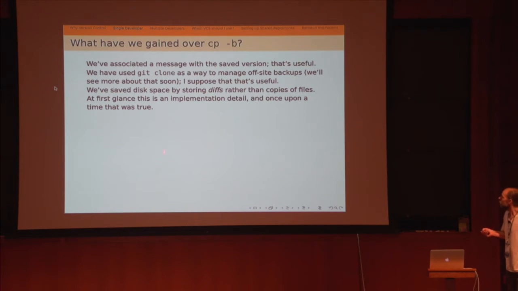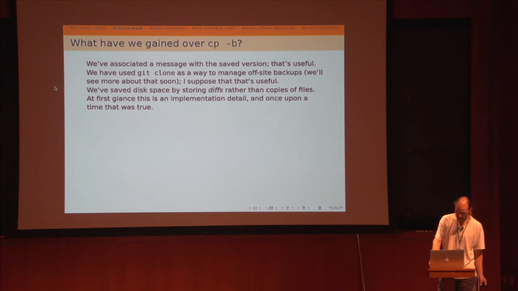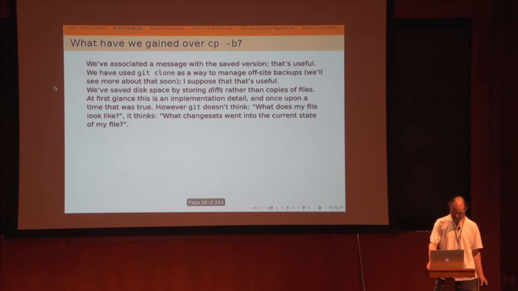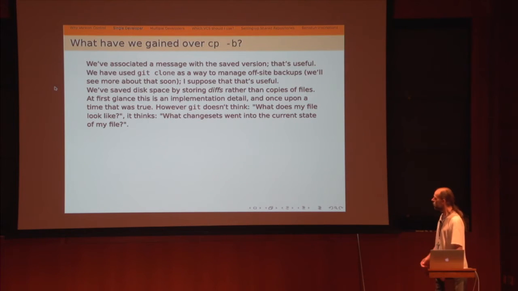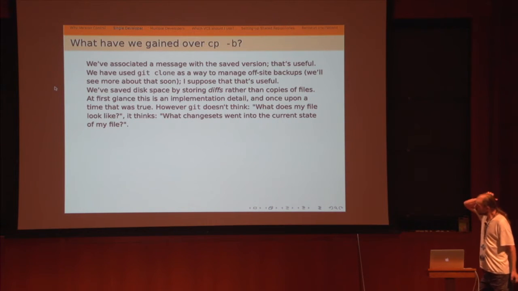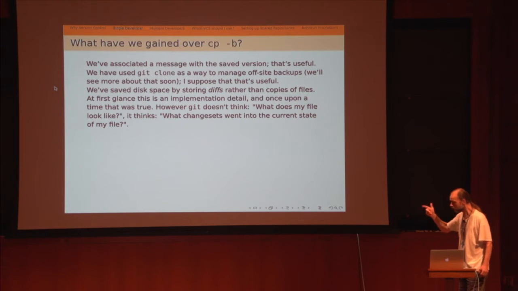It used to be true, but in fact, the fact that Git stores diffs is something that's going to matter to you, so you better pay attention to this. It's not just a matter of saving bits. The reason is that Git doesn't think, what have I got? It says, what have I changed? It's a little bit, well, I won't go into that. So when you ask, what does my file look like? It sort of has a very historical view of things.